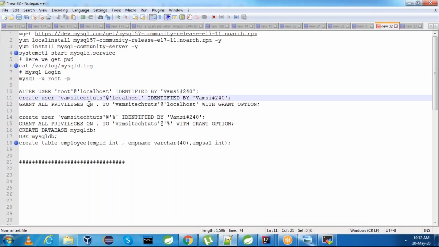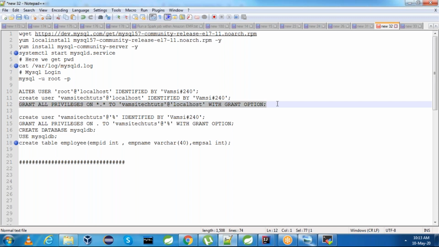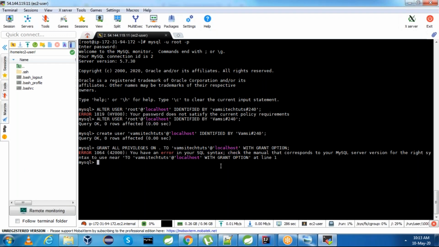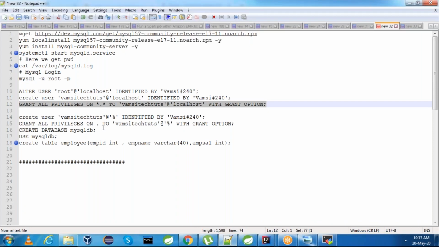Grant all privileges on *.*. This is the syntax.